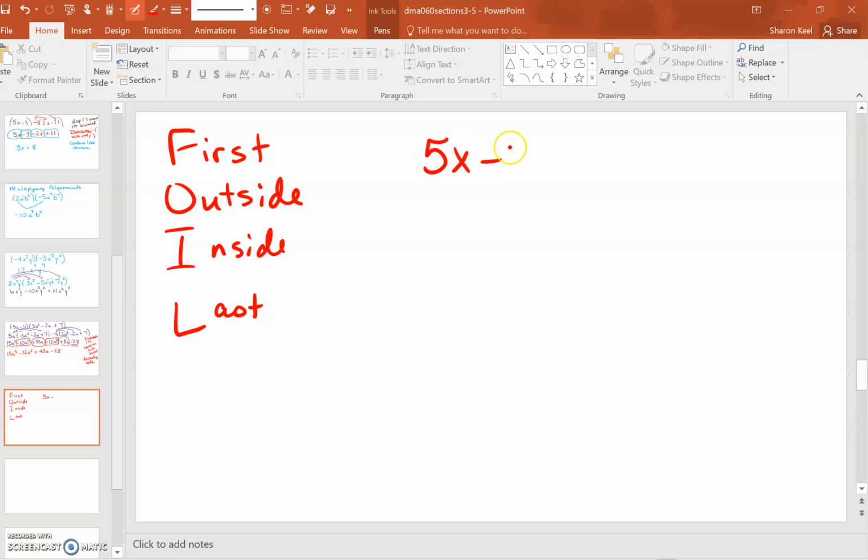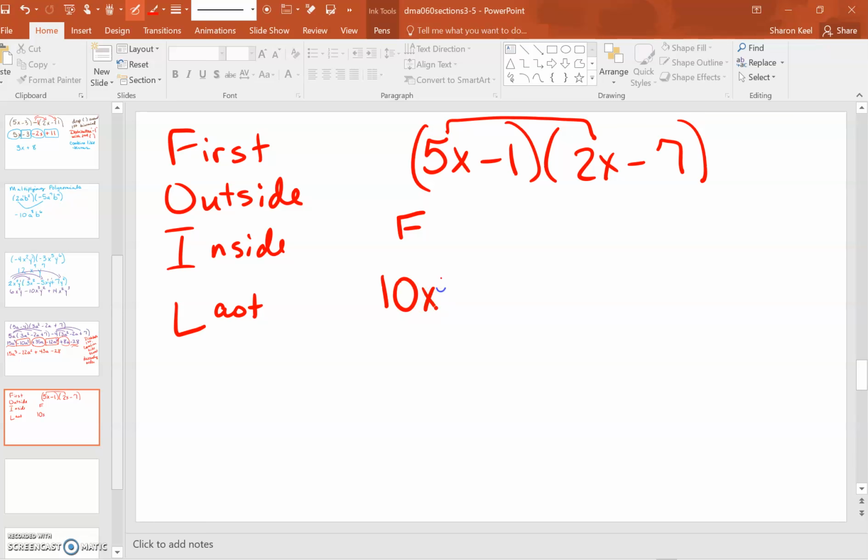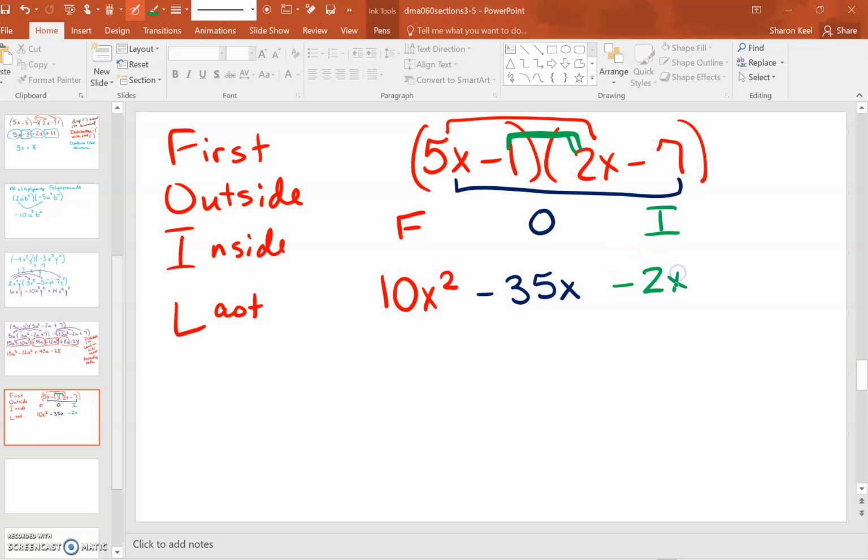So if I have 5x minus 1 times 2x minus 7, what I'm going to multiply first is going to be the first items here, and that's going to give me 10x squared. When I multiply the outside, that's going to be 5x times -7, which is minus 35x. When I do the inside, that's going to be the 2 here in the middle. -1 times 2x is minus 2x. And then when I multiply the last is going to be the last